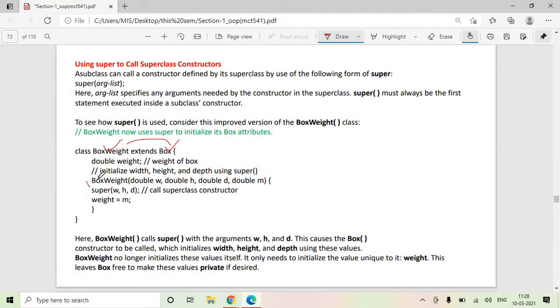So when you write the box weight class constructor, and in the first line you write super with some parameters, this super will call the super class constructor. Okay, this line will give a call to the constructor of class box which accepts 3 arguments. So this is how the super keyword works with a constructor.